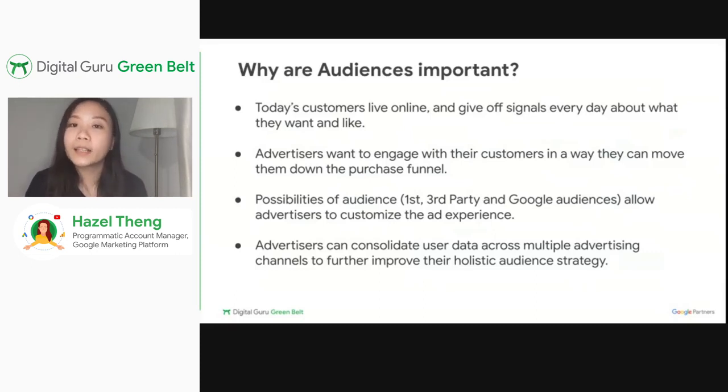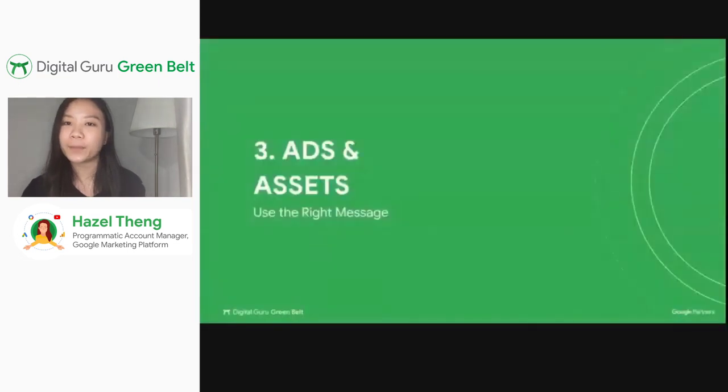A quick recap of what we've covered from an audience standpoint. Today, we've seen how complex our digital consumers' behaviors have become. And it's no longer the case where we run across only one site and hope to reach our target audiences entirely. Media buying has really shifted to an audience-based approach. And that is also expected from our media planners to incorporate data and look at media planning from an audience-based standpoint. The possibilities of reaching out to the right users at the right time have now become possible with the ability to analyze your advertisers' first-party data and target your first-party, third-party, and Google audience on DV360.